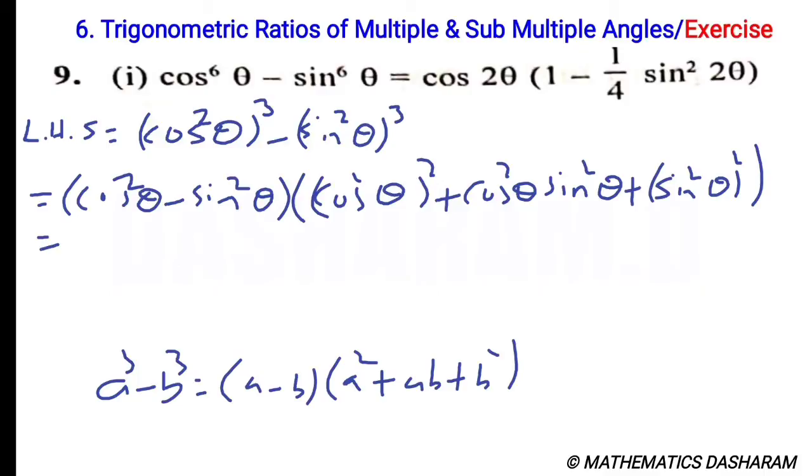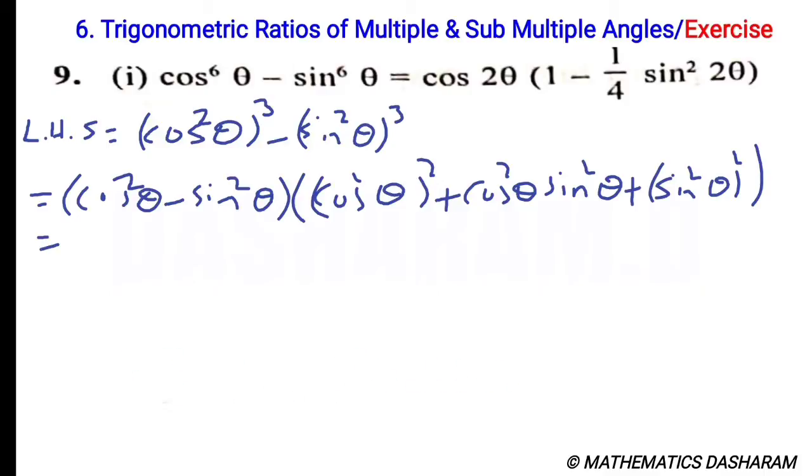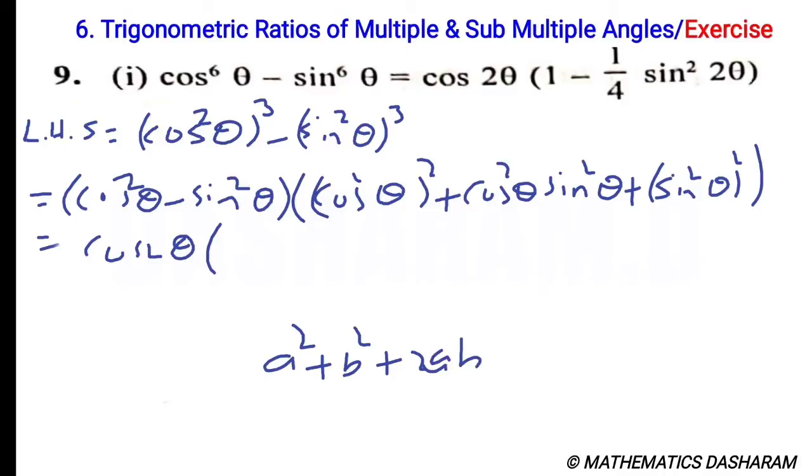So then it is equal to cos square theta minus sin square theta, which is exactly equal to cos 2 theta. So here